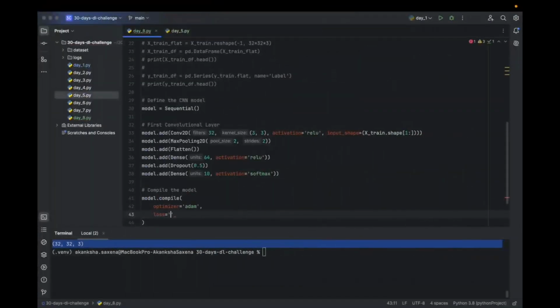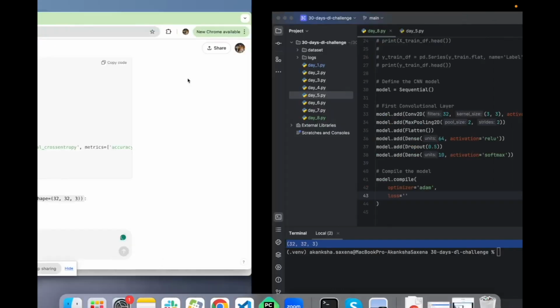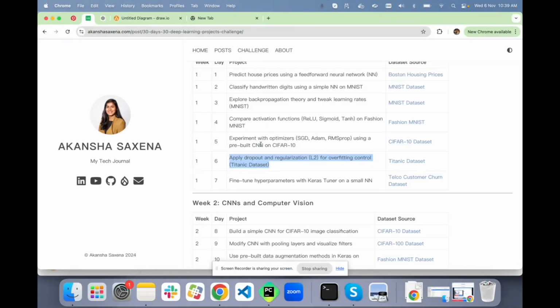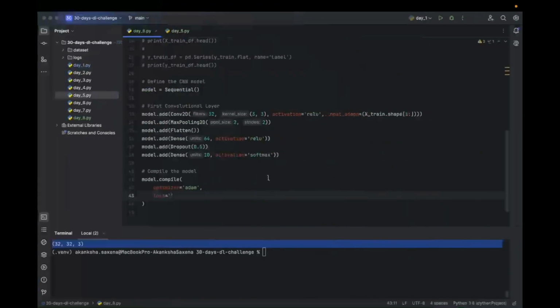We have already understood these terms in depth in the previous videos. But if you want, you can check out the day 5 video, where we clearly understood why we are using Adam, and there are other optimizers as well, and when to use them, SGD and RMSprop. So the loss, how do we calculate the loss? We calculate the loss using sparse,